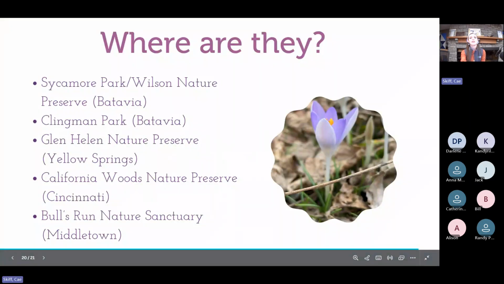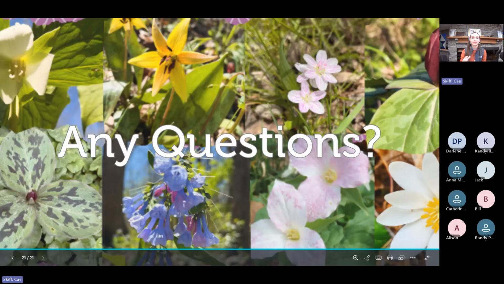But like I said, if you want to check out, you're like, I really want to see hepatica, go on iNaturalist, look up hepatica. It'll show you where it's been spotted in this region. But with that, if anybody has any